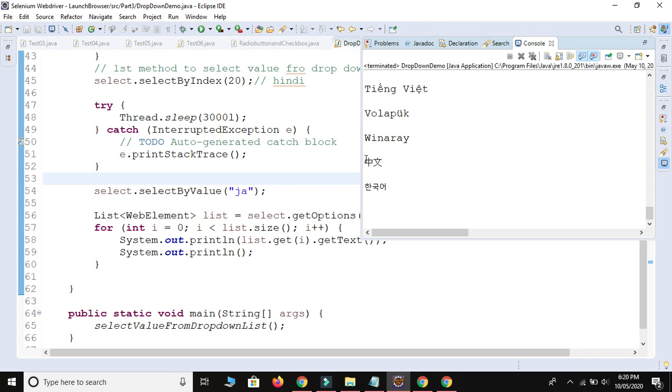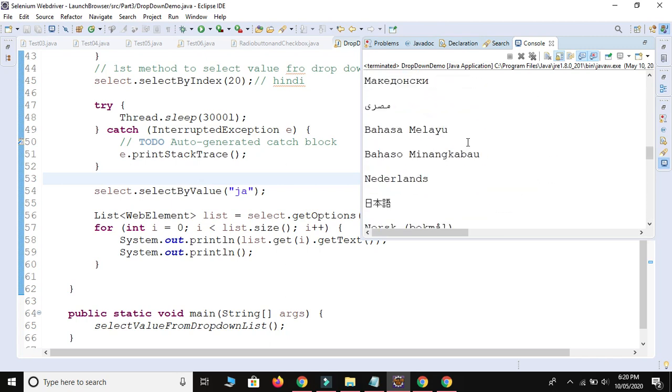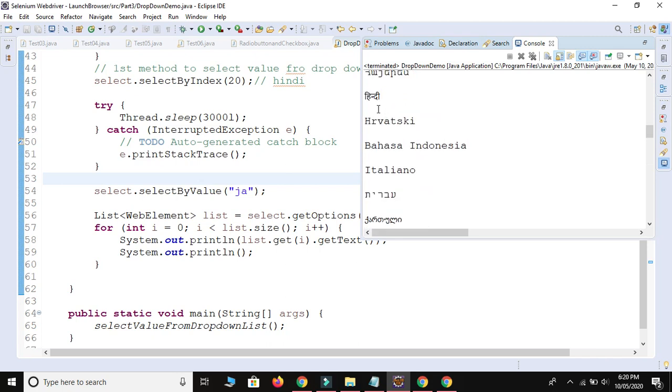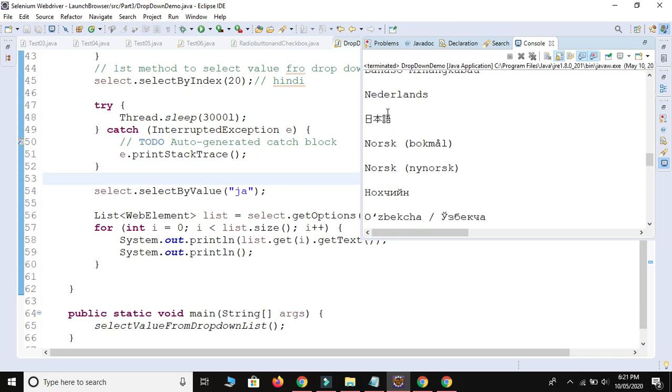So this is the value. Okay, Hindi is also there. Let me find out this one. This is the Hindi. Okay, this is some, I think, Pakistani language. I don't know which language is this. This is the Chinese language. See guys,